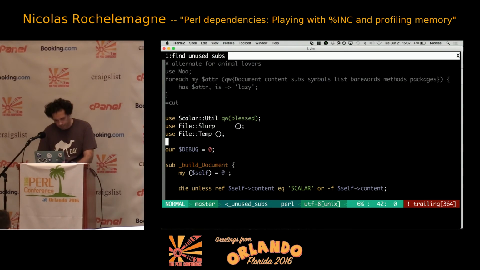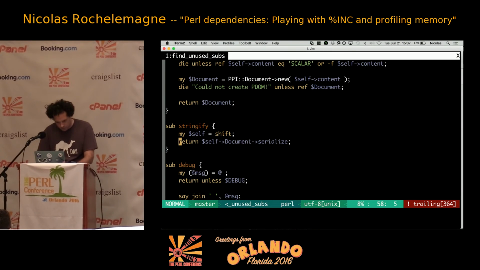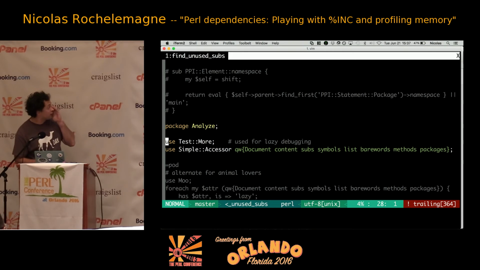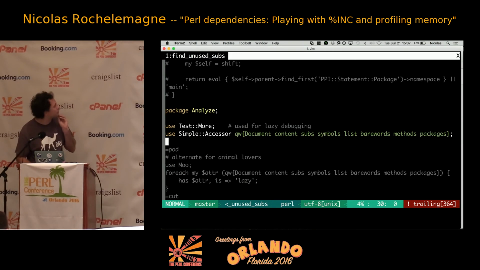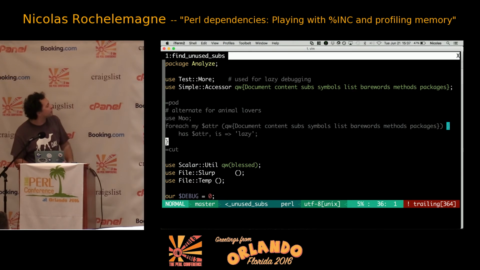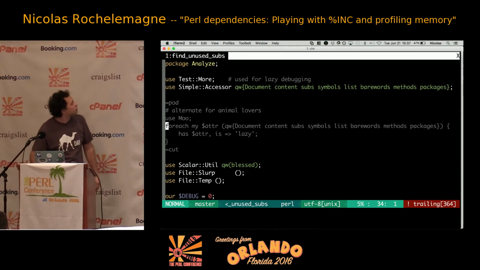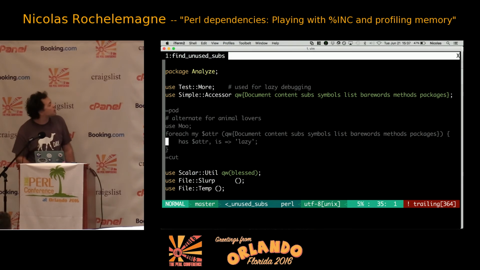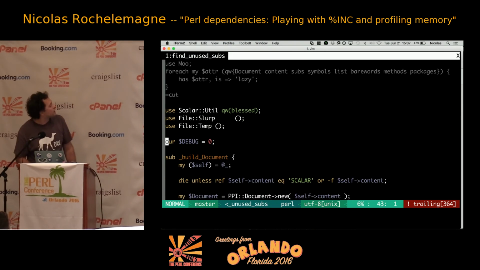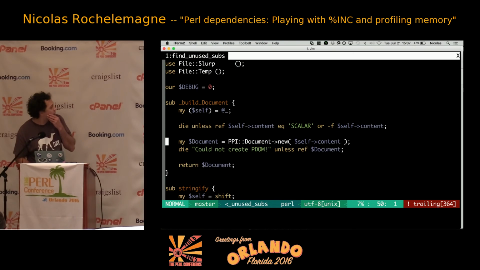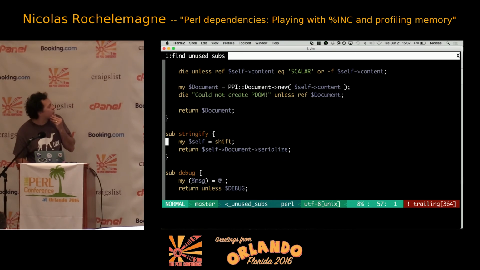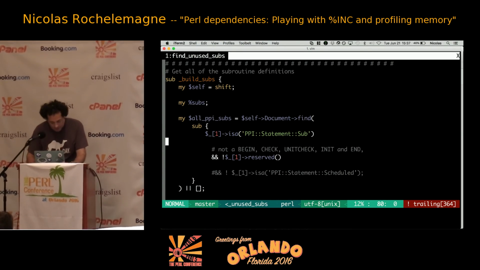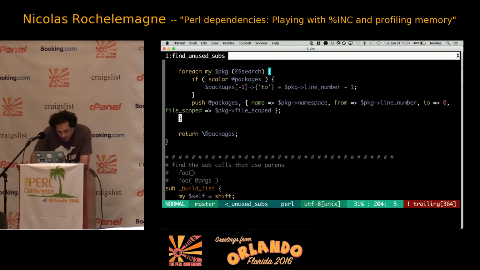The idea is, I start from the script that Brian posted. I don't want to use Moo there for this purpose, so I just use something lighter. But if you prefer using Moo, just uncomment this and it will work the same way. I just want some accessors and setters on these attributes. And the idea is that everything is going to be lazy. So we can build our object there. We have a document we are going to build, just a method to convert it to a string. And then everything is going to be lazy. What we need to check is the